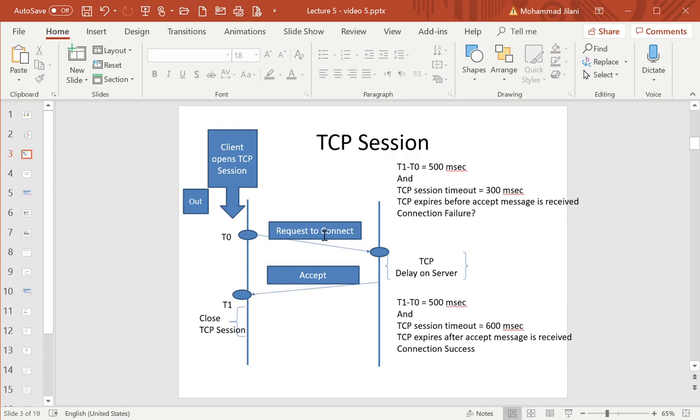Usually, if you are working on the local host, this will not be visible. However, if you are working across a distance, then the client and the server may be located, let's say,